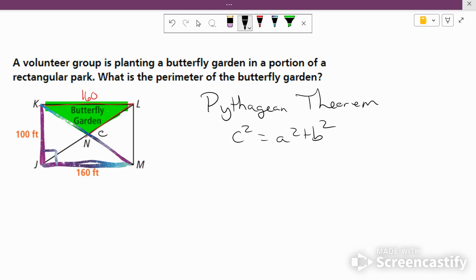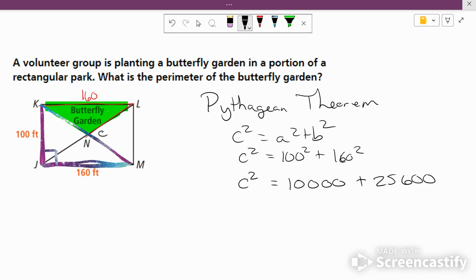The hypotenuse, which is KM squared, equals the one side squared, 100 squared, plus the other side squared, 160 squared. Calculators, please, because we need help with this. 100 squared is 10,000. 160 squared is 25,600, something like that. So if we add these two together, it's 35,600. And if we take the square root of each side,